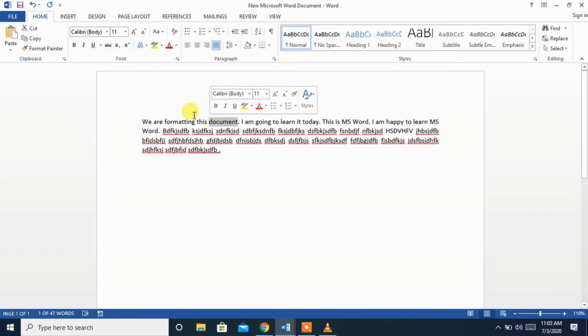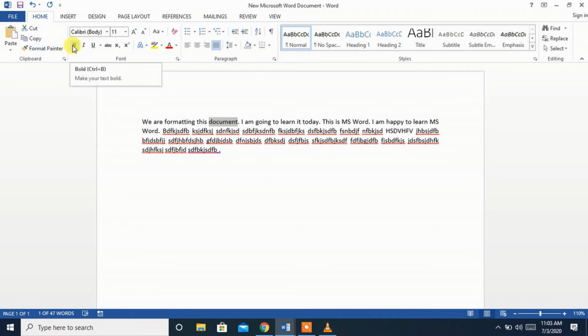Click and select that particular word which you want to be made little more dark. Then click on the option B in the menu bar. You can see that particular word is more darker. So that is known as bold, making a word or a sentence bold.